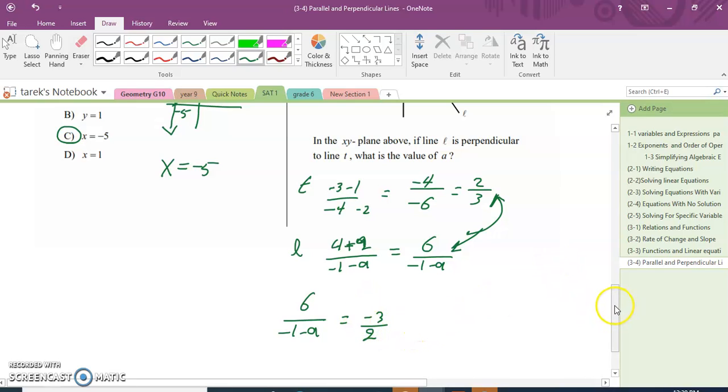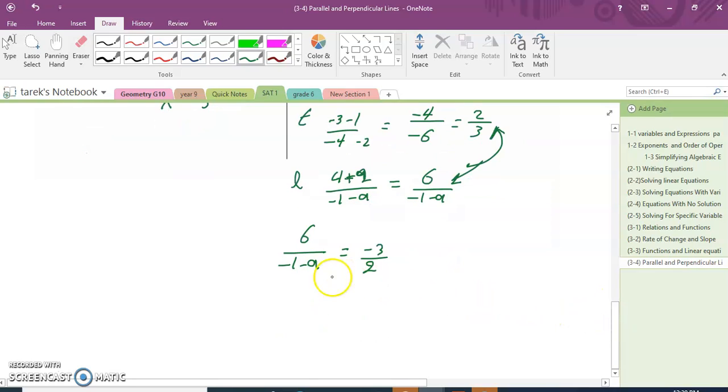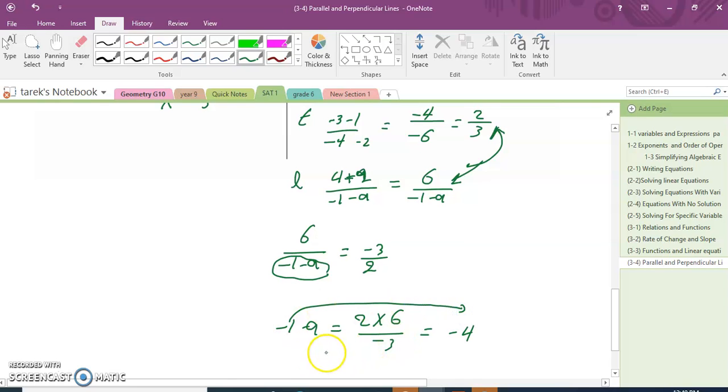And solve the equation now. If you want to get this part, negative 1 minus a, it is equal to 2 times 6 over negative 3. The 2 times 6 equals 12. It will be divided by negative 3, which equals negative 4. Take this to the other side, it will be negative a equals